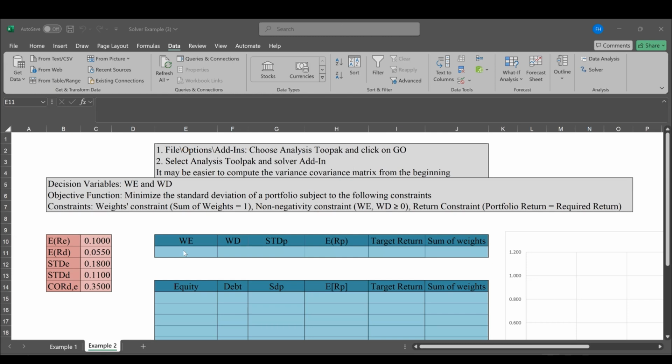Okay, so those cells should remain empty. For the standard deviation of the portfolio, I need to write down the formula in this cell. So I'm going to type equal, and remember, this is the standard deviation, not the variance. So it's going to be the formula of the variance raised to the power 1 over 2, which means the square root of the variance. So this is equal to WE squared, this cell,